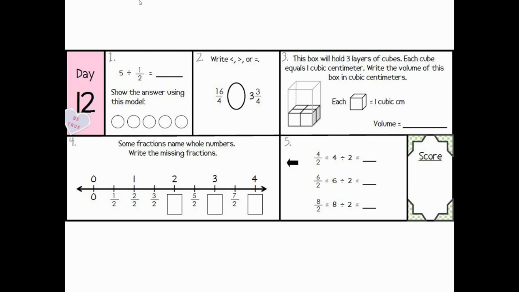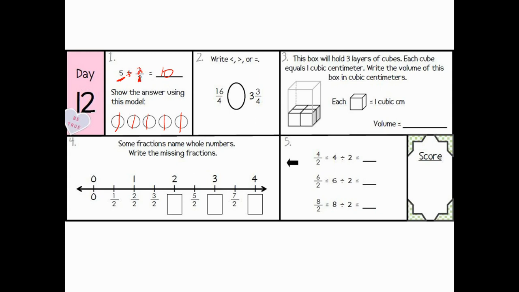Now, number 1 is what we're going over, 5 divided by a half. Looking at this problem, since the first number, or the dividend, is a whole number, we know that our answer is going to be a whole number, especially since we're dividing by a unit fraction. The problem says show the answer using this model, and this is the exact same model that I like to use here. So we're going to divide each one of them by half. We're going to count how many pieces there are. There are 10, and this follows all of our rules. So 5 divided by a half is 10. If I change this to multiply 2 over 1, 5 times 2 is 10 over 1,